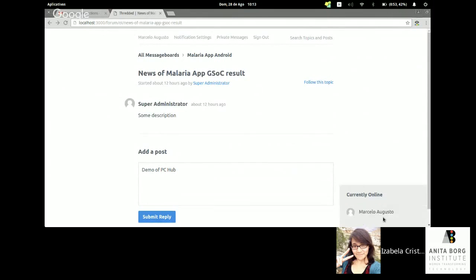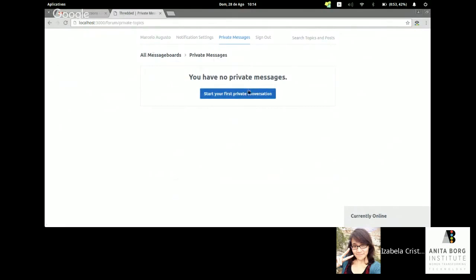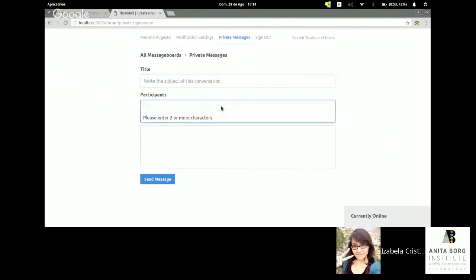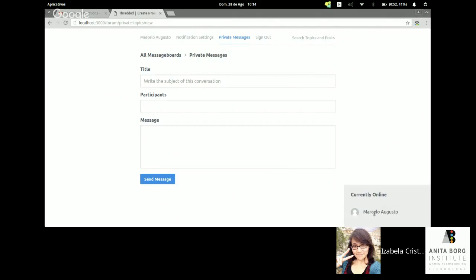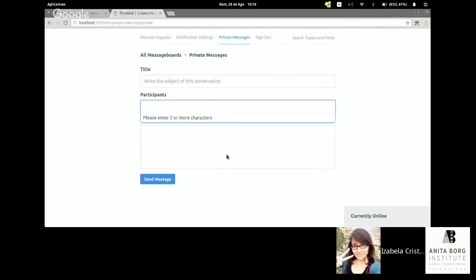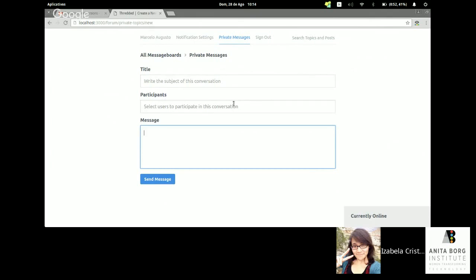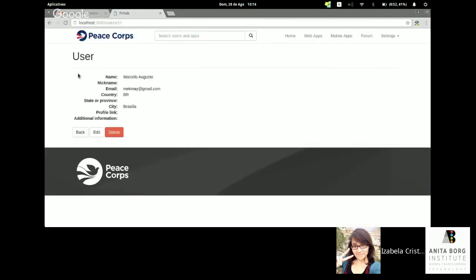Here I can see current online people, and I can send private messages to someone. I can select who is online. Just me. I'm online, so I will not find no one to send. But you can select someone and send a private message. I can see the user profile,